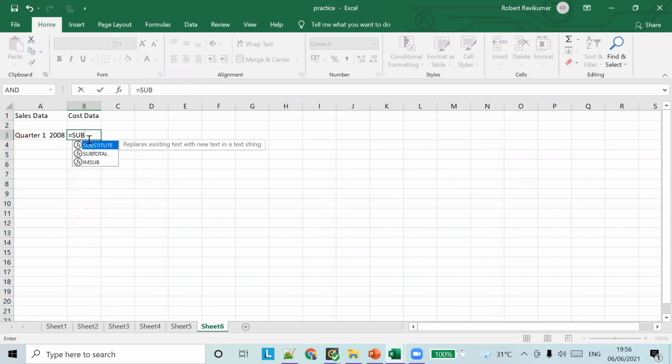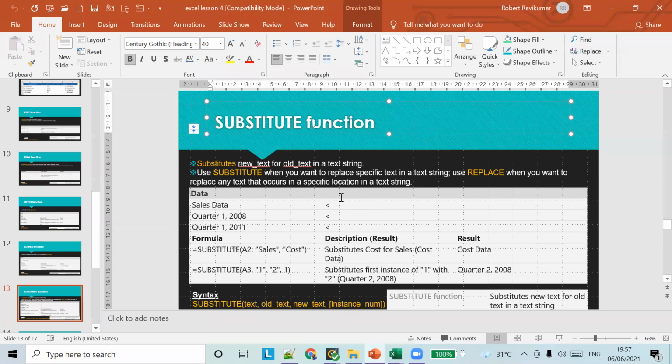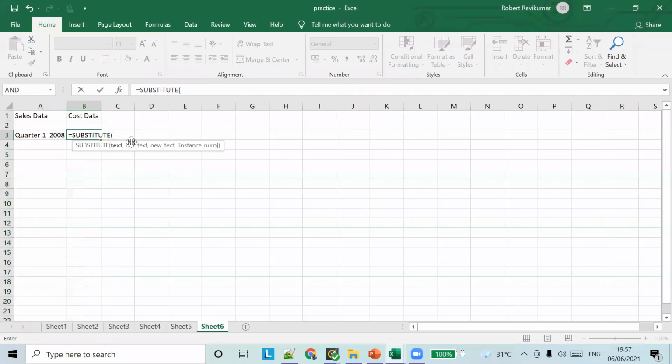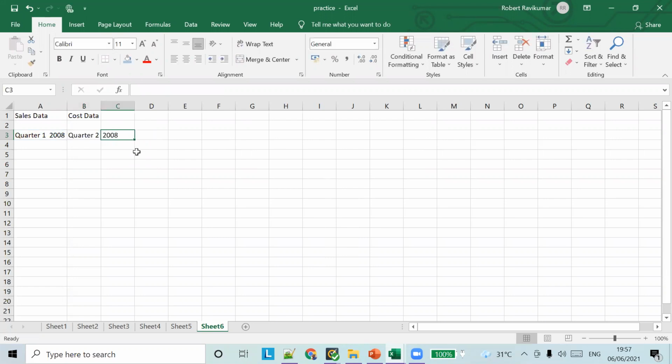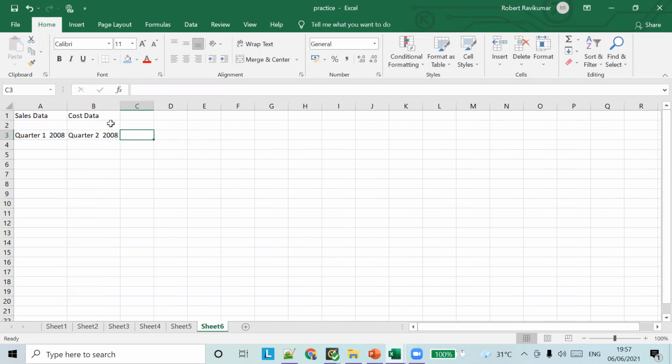So substitute, text A3, old text is 1, I'll replace with 2. Instance number is 1. So it's going to replace the 1 in Q1, giving Q2 2008.